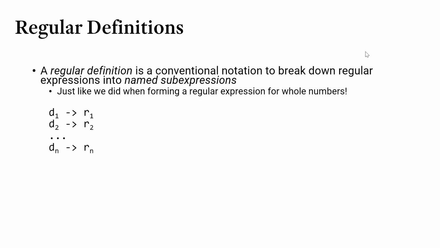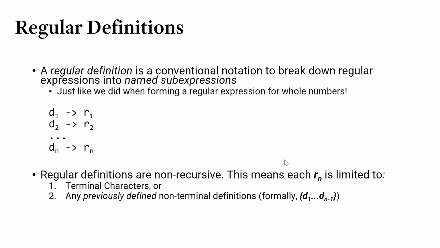As I mentioned just before, a regular definition is just like what we saw two slides ago, right? It's this ability for us to declare some definitions. Here, definition d1 is being defined by regular expression r1, and definition d2 is being defined by regular expression r2. The idea is that in a regular definition, on the right-hand side, where we make use of regular expressions, we can use any previous definition. So we could use as a part of rn any d of n minus 1,